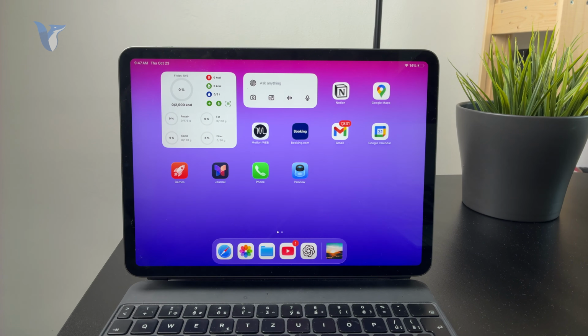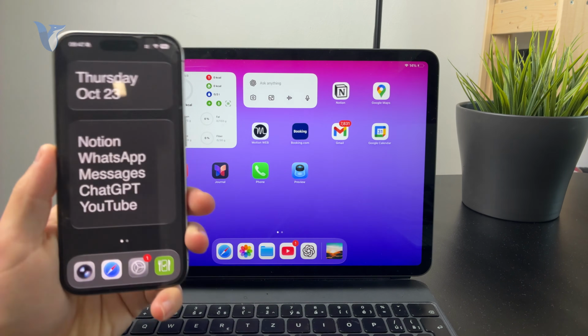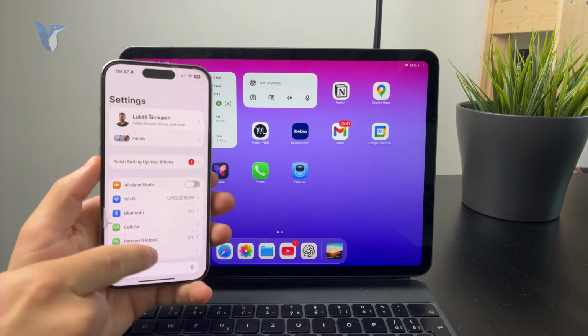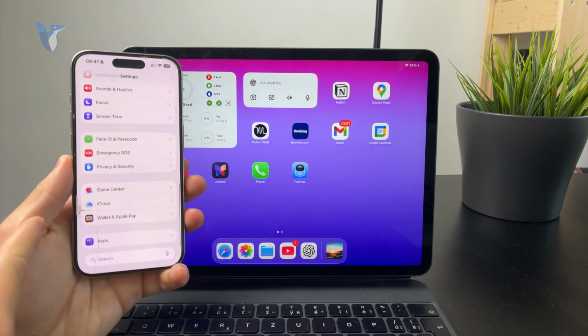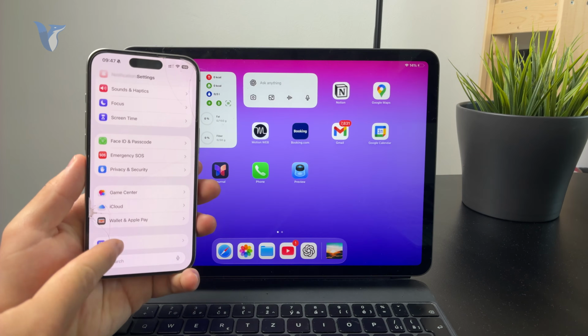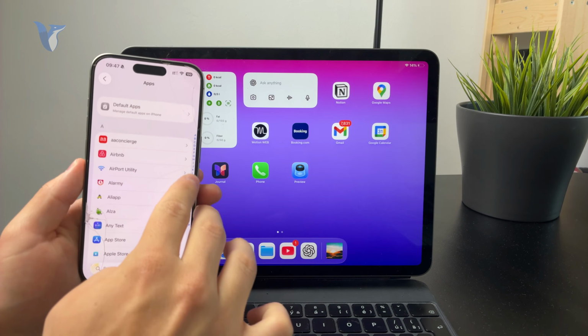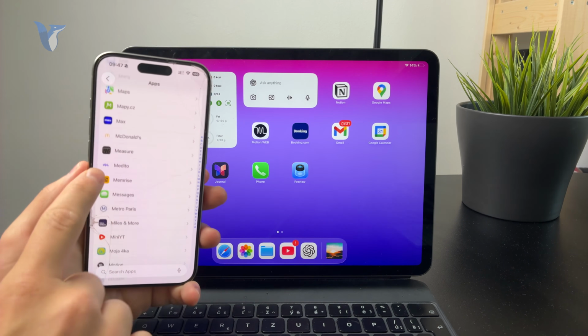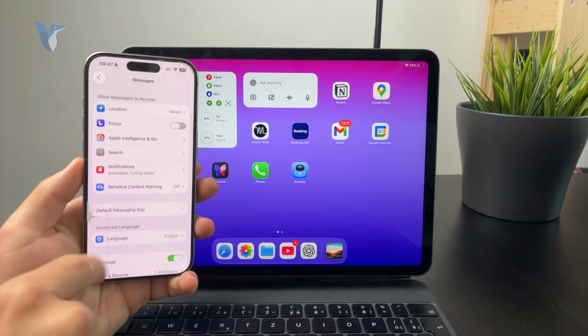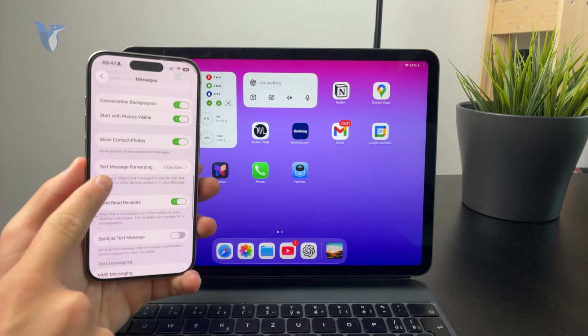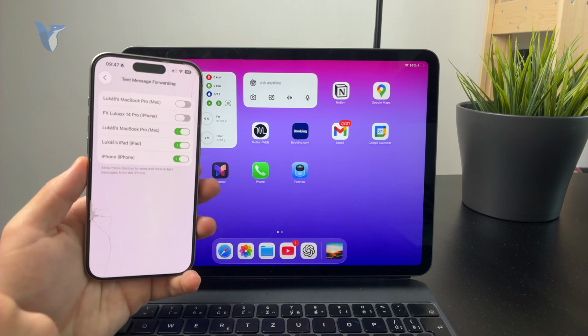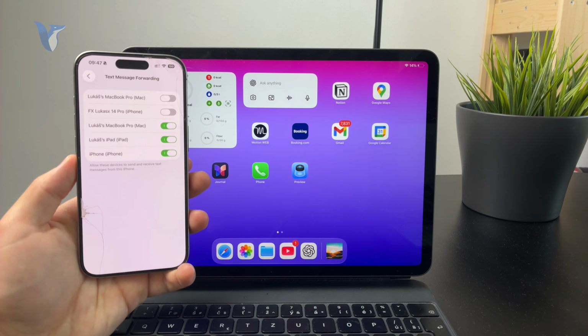Let's set it up. So basically, on your iPhone, what you need to do is go to the Settings app. It has to be the iPhone which belongs to you and uses the same account as your iPad. Go in here, open up the settings, go to Apps, and at the bottom locate Messages, and you need to find what's called Text Message Forwarding. It should be one of the options right here, and you get to pick which device the messages are forwarded